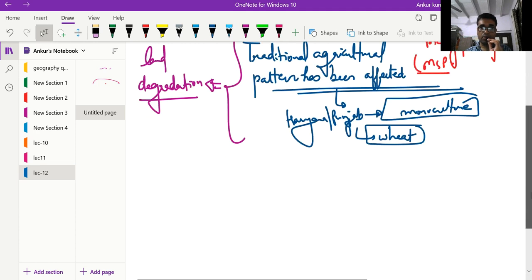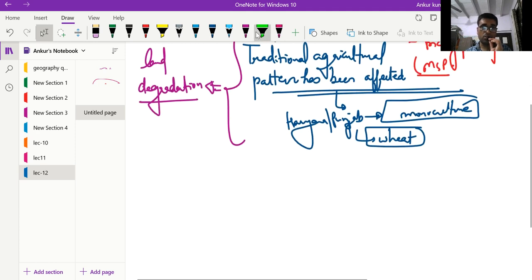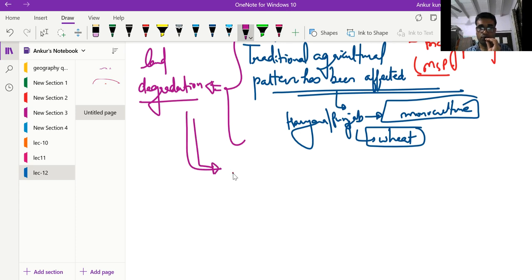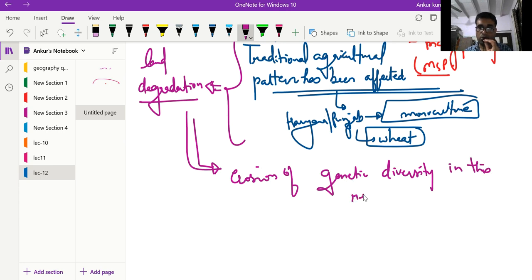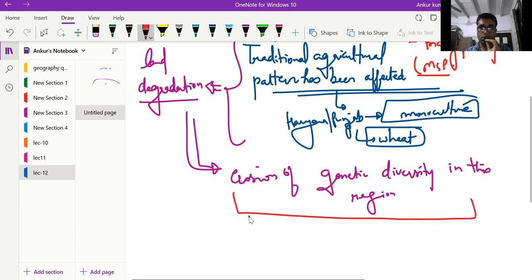Along with this, we introduced exotic species of seeds which were not suitable for this area. So this led to the erosion of genetic diversity in this region. And because of erosion of genetic diversity, this belt became prone to many other negatives, and these negatives were constant crop failures,